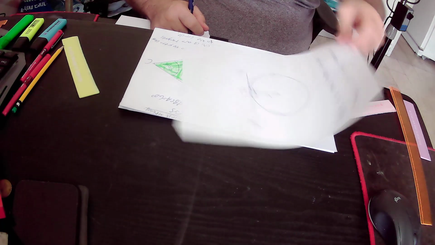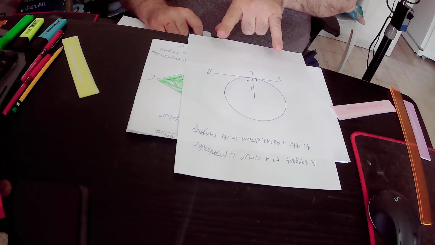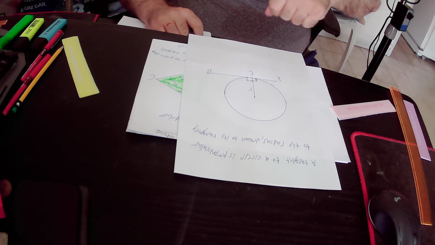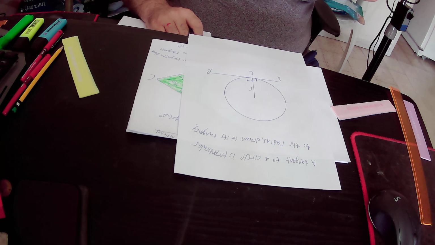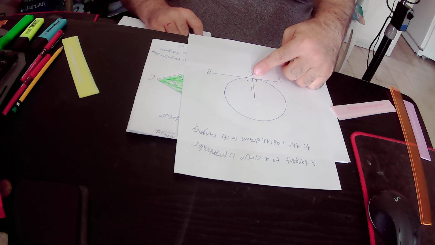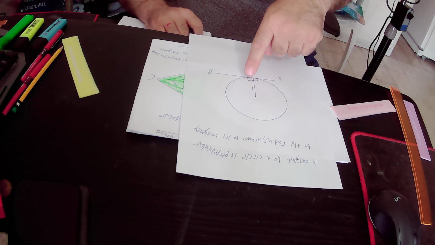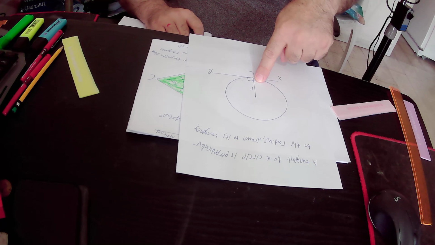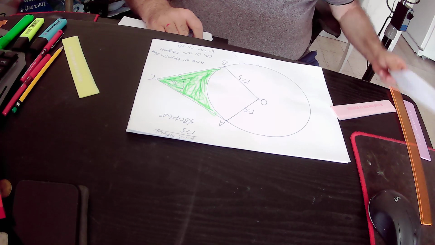So actually here we have tangent XB, which is tangent to this circle at point C. So point C is the point of tangency, and this radius is drawn to the point of tangency, that is to say, it is drawn to point C. Therefore, the tangent is perpendicular to the radius, that is to say, this angle is 90 degrees and this angle is also 90 degrees. Okay, so according to this rule,